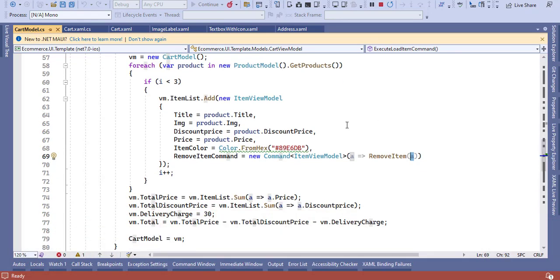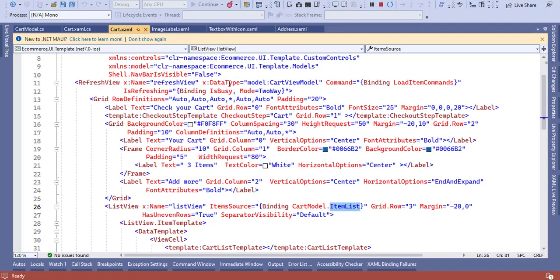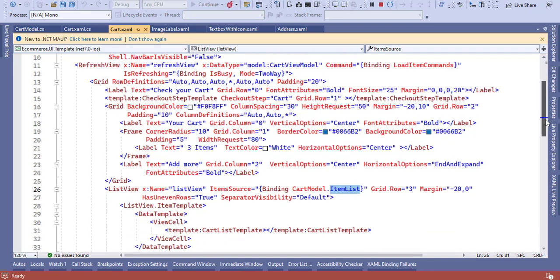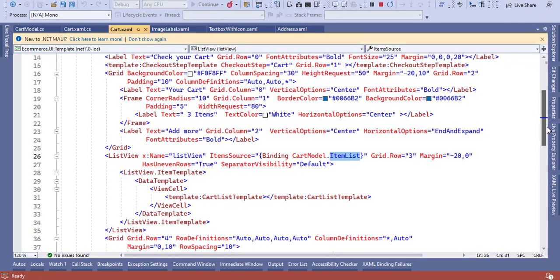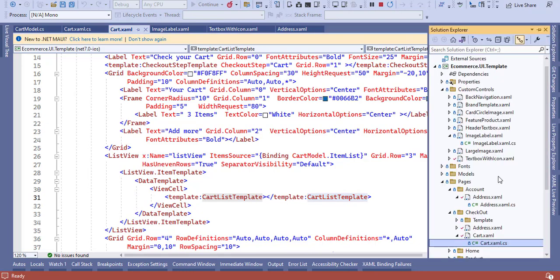Now for passing a parameter, what you have to do in the cart list template,